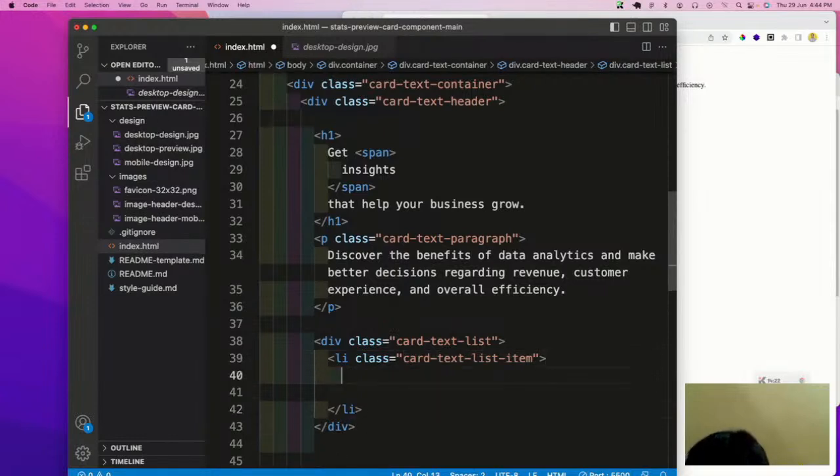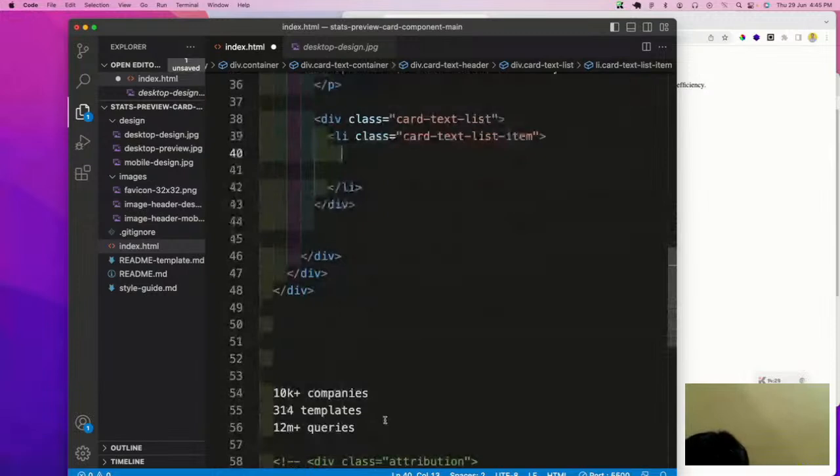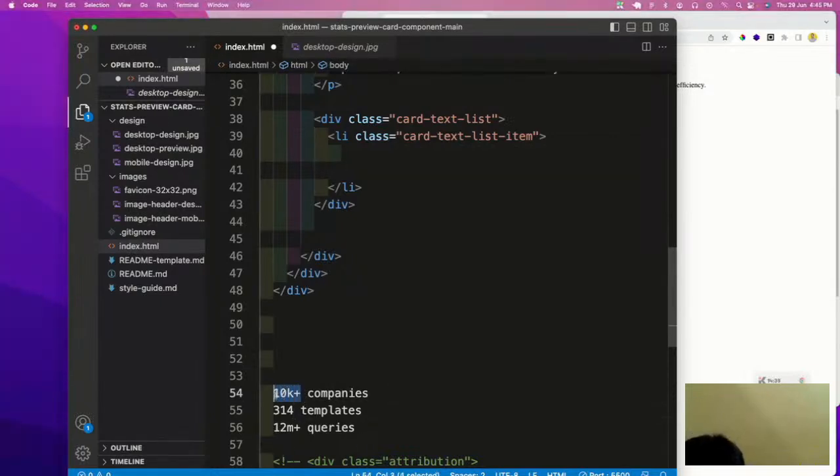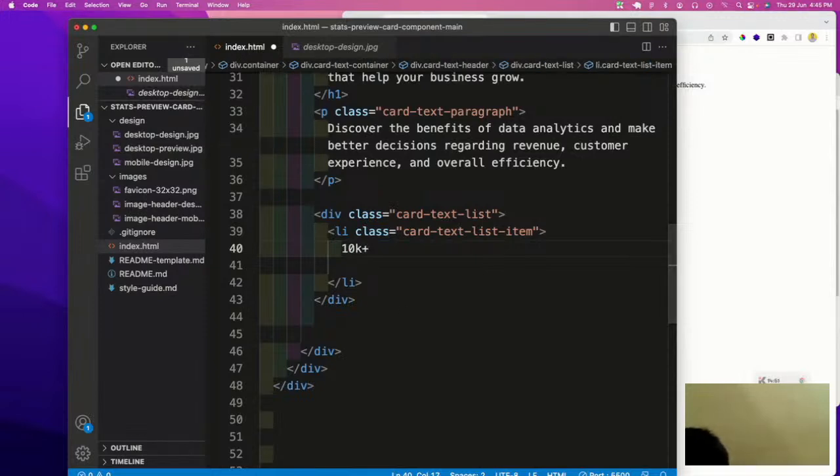And the value what we are going to put inside this li, it will be 10K plus,